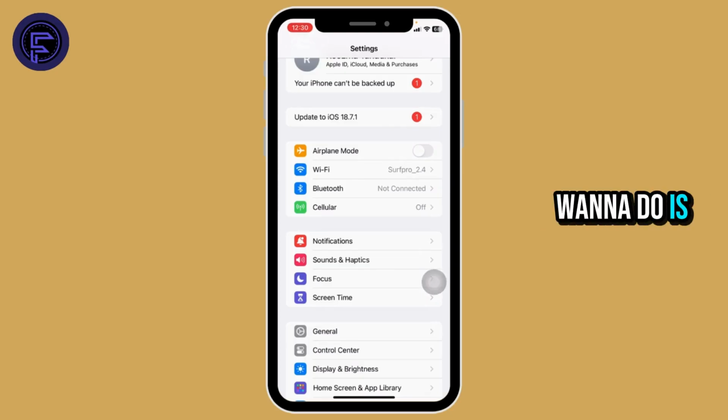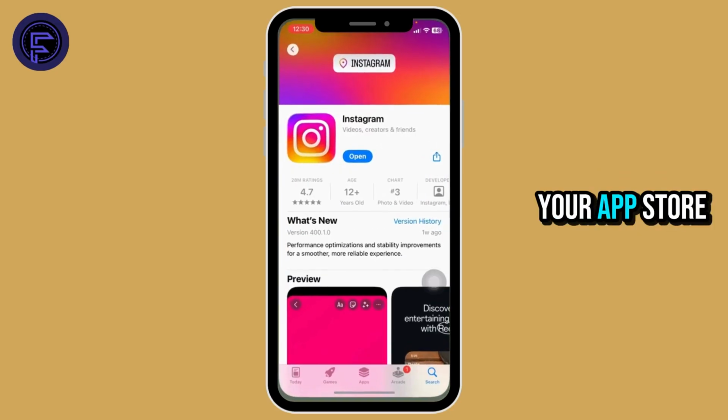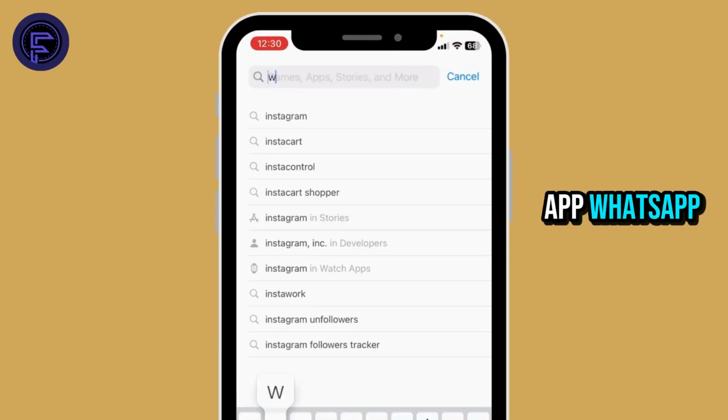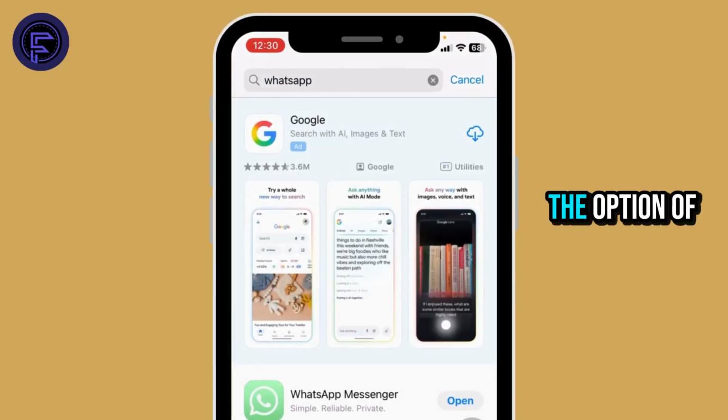Next thing you want to do is update WhatsApp. For that, launch your App Store, search for the app WhatsApp. After the app appears, if you find the option of Update, click on it and update the app to its latest